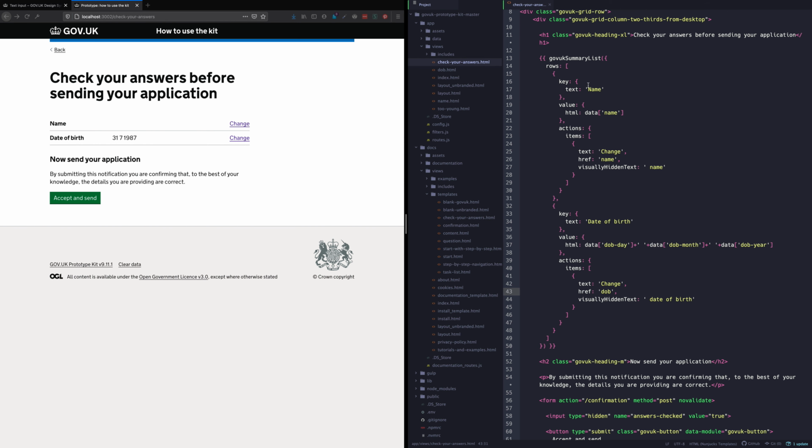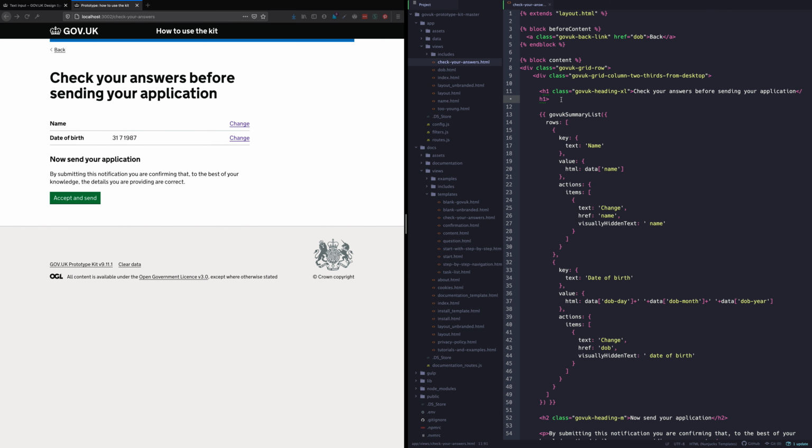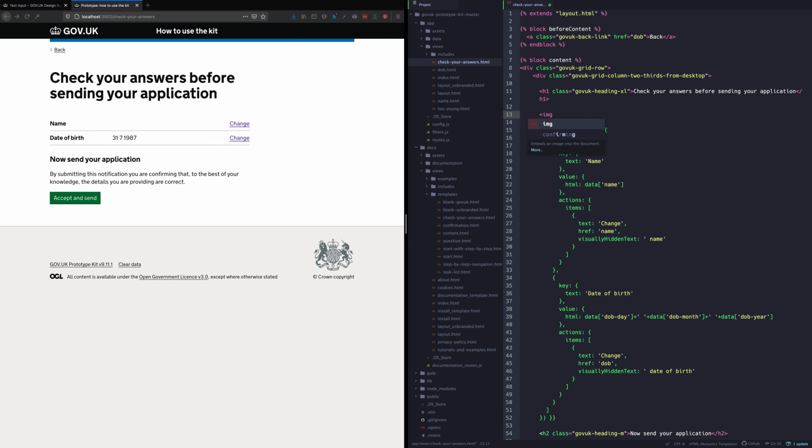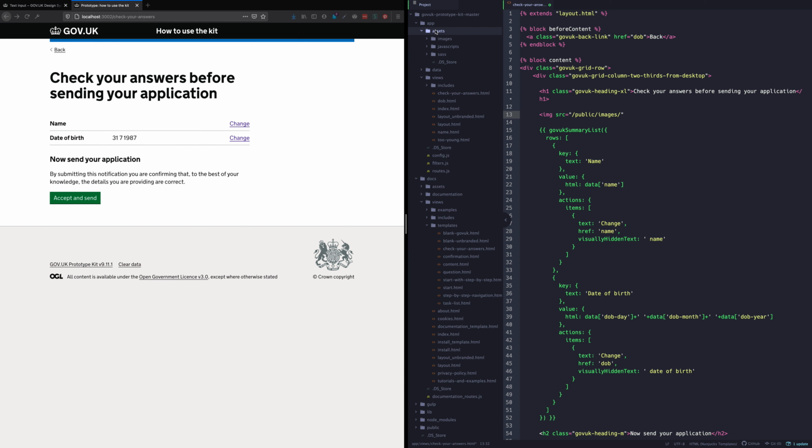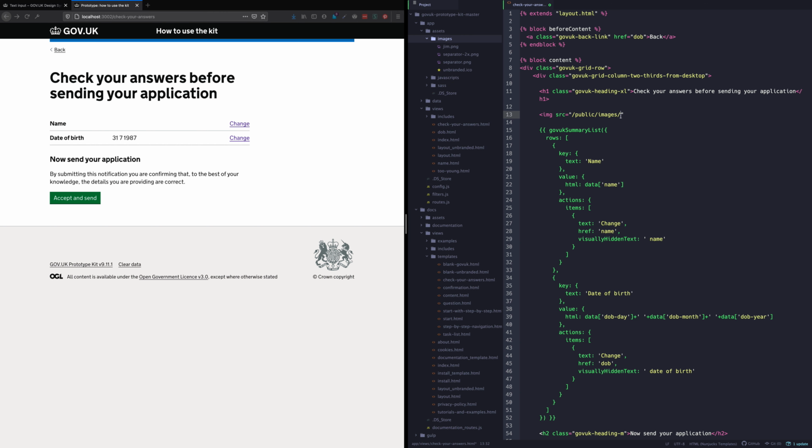So within the check your answers page, I'm going to pop an image up here. So we want an image tag with a source, and let's say it is in public and images. Once you've swapped out public, the structure will then say the same. So public is equatable to the assets folder. So then we can jump into images, and gym.png is there. So if I put gym.png,